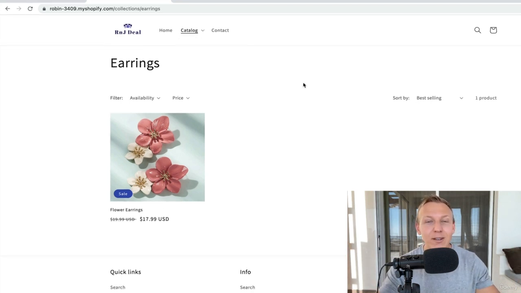So that's how you add collections. That's how you use collections. Make sure that you take advantage of it because early organization is really gonna help you down in the long run. Now, the next thing we're gonna do in the next lecture is make sure that our product pages are